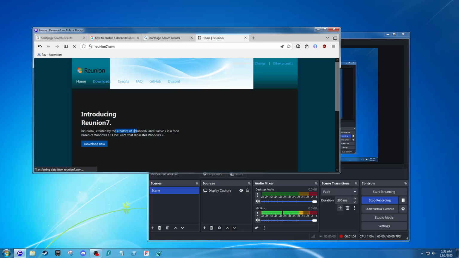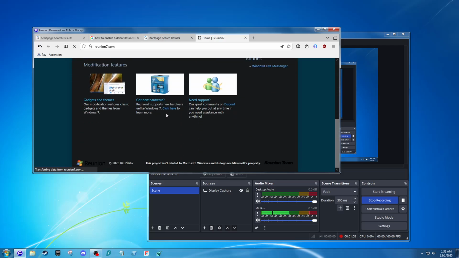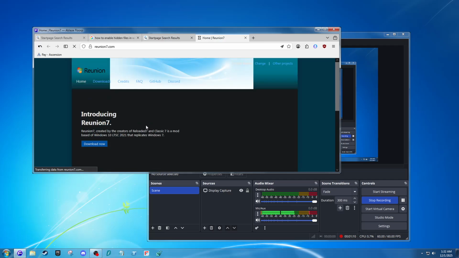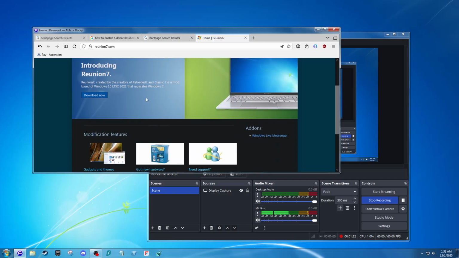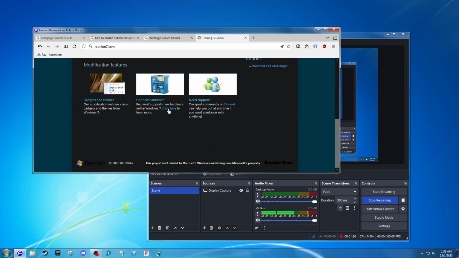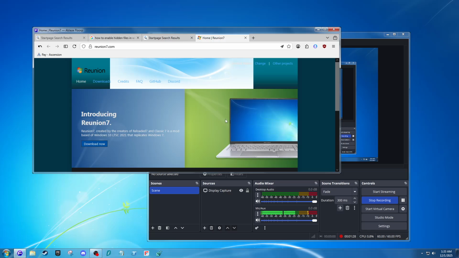So this was created by the people who made the mods Reload 7 and Classic 7. If you don't know, these were theme mods that you would install on a Windows 10 computer to make it look exactly like Windows 7. So kind of like Revert 8 Plus. I think that's what this is for Windows 11. That gives you the look of Windows 7, but it's not as good because it can't really sync into DWM as well, because an update would break it. It can't really do Aero all that well. But anyway, so this is a build of Windows 10 LTSC that replicates the look of Windows 7 basically near